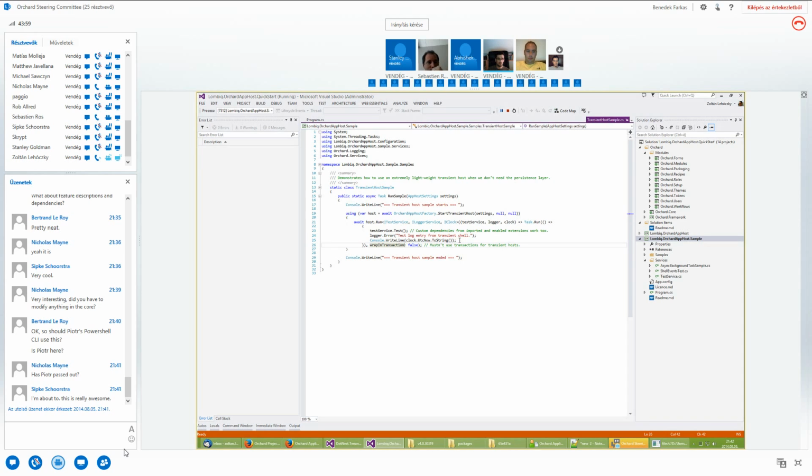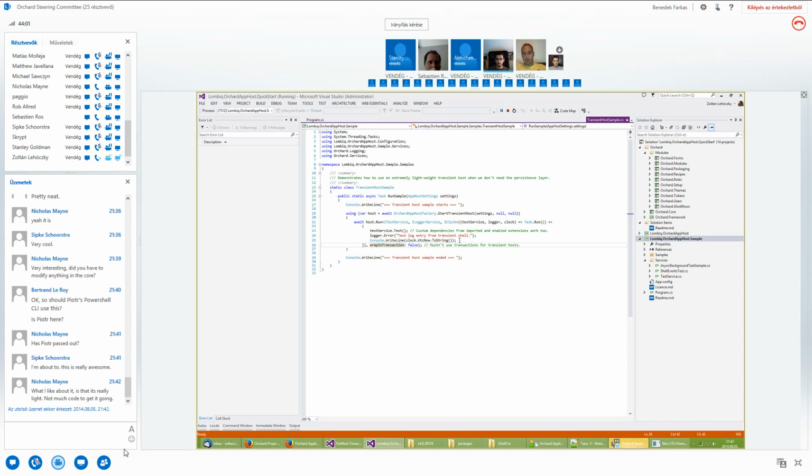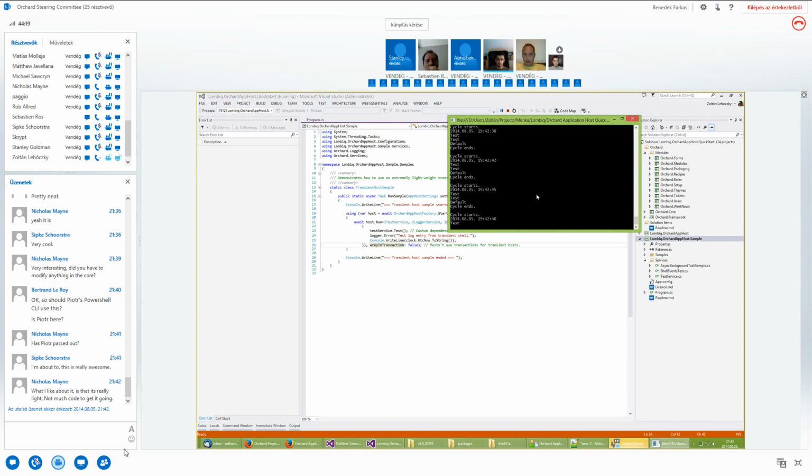You can enable and disable features like you would normally in Orchard. It will work, and the state will be kept until the application is closed. But nothing is persisted. It doesn't need any persistence, so it's very, very fast to start. It's very low overhead. So when I hit Control-C here, this loop sample will end, and now the transient host